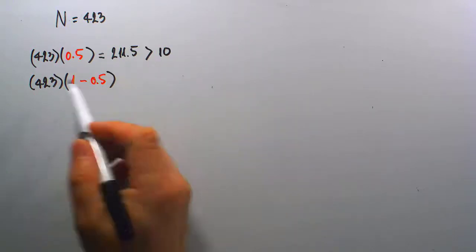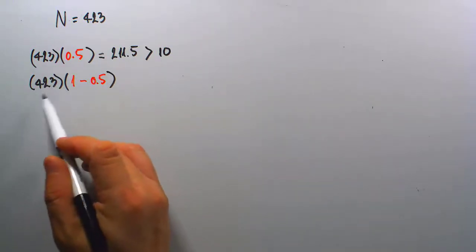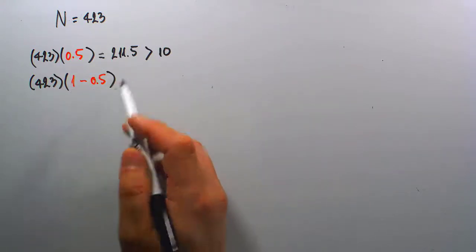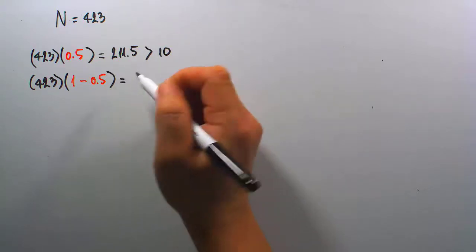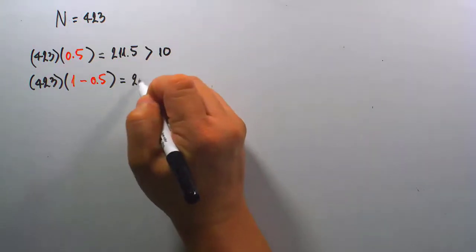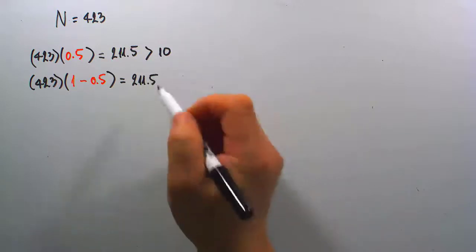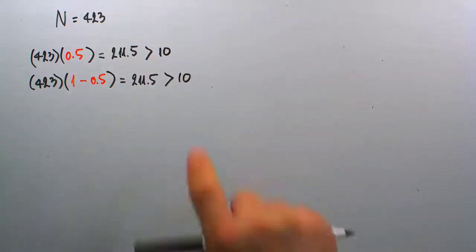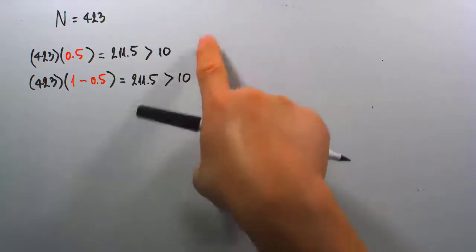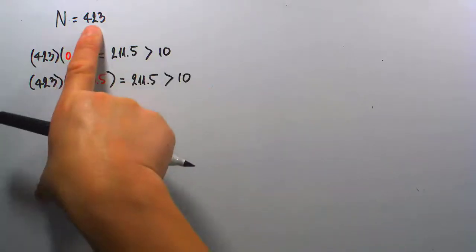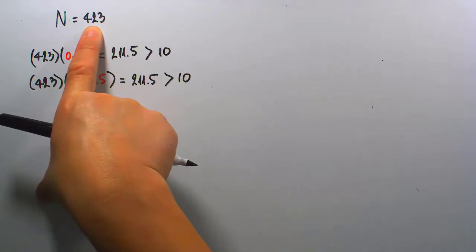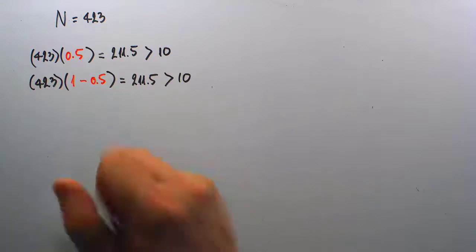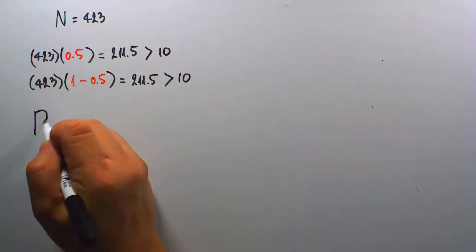And so with our sample size being 423 in product with this 1 minus 0.5 expression right here, we once again come out with 211 as our final product, which is again a number well above 10. And so what I'm doing here is quickly to show that the sample size we're using here passes the two requirements,